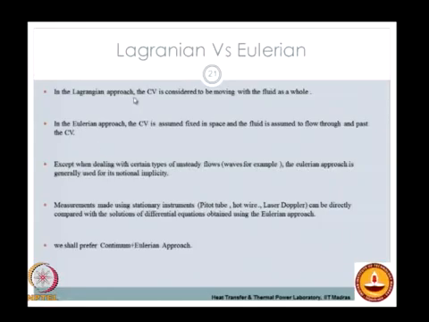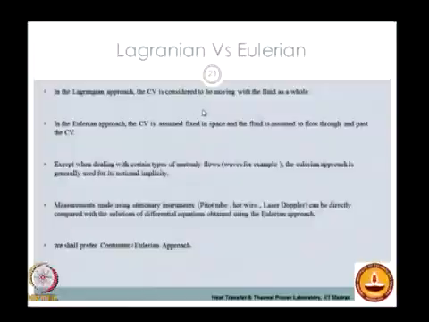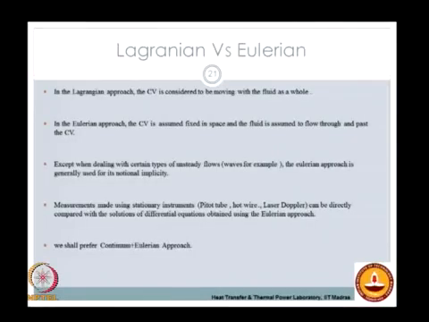In the Lagrangian approach, the control volume is considered to be moving with the fluid as a whole. So you look at packets of fluid particles which are moving, and you define a control volume which also moves with the fluid particles. In the Eulerian approach, you assume a fixed control volume in space, and then you look at the fluid coming into and leaving this control volume. Except for dealing with certain types of unsteady flows, the Eulerian approach is generally preferred,